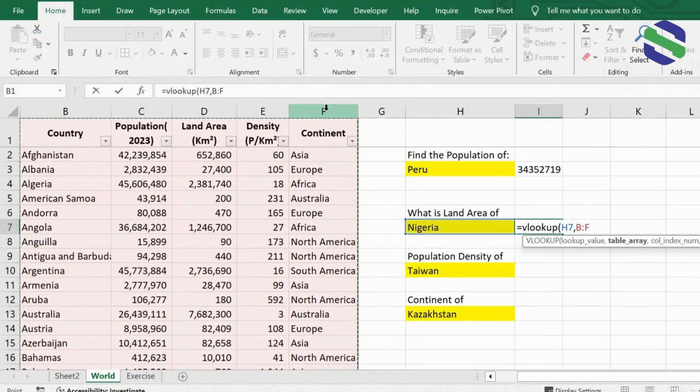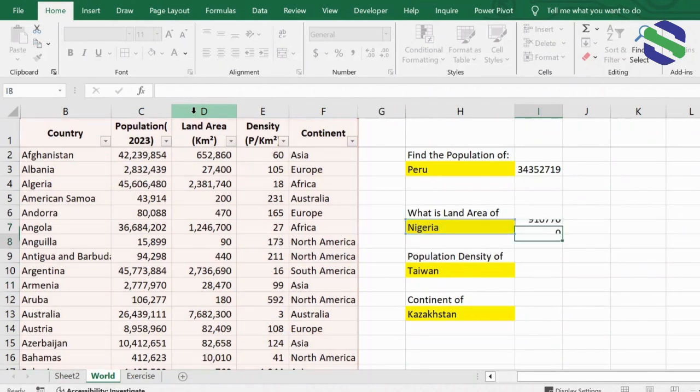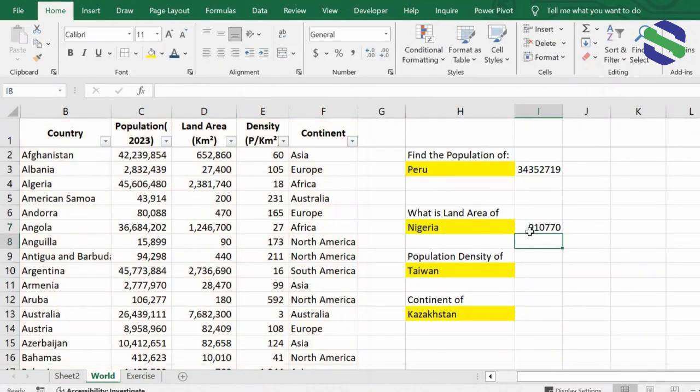Then we select the column index number. In this case, we are looking for the land area, and the land area is in column 3, because column B is 1, column C is 2, and column D is 3. So that is 3. Then our exact match is 0. So we close the bracket, and the land area of Nigeria is